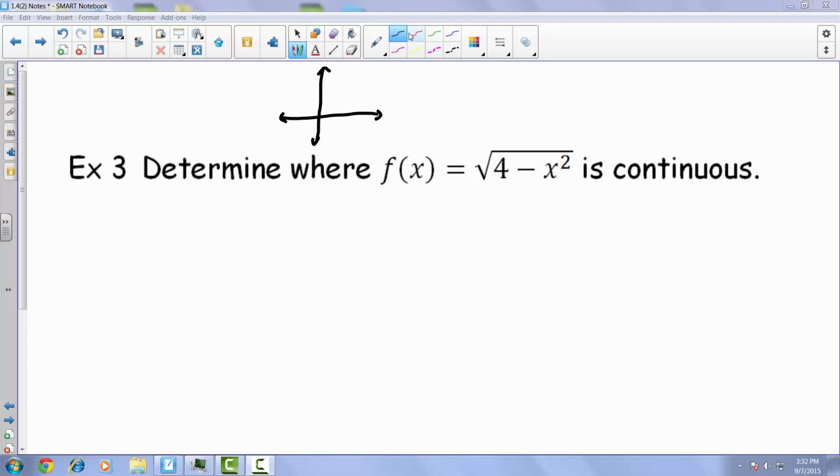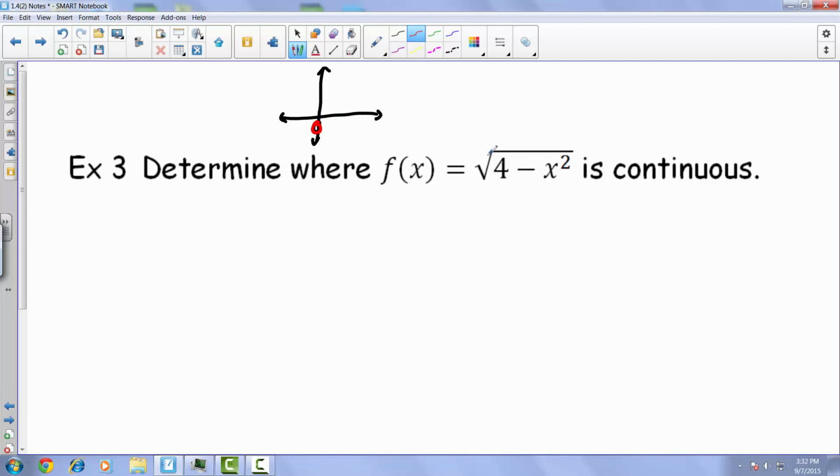Here we are at example 3 from our 1.4 number 2 set of notes. We're asked to determine where this function f of x is equal to the square root of 4 minus x squared is in fact continuous. Before we really dive into things, let's draw a rough sketch of what this would look like. At the x value 0,